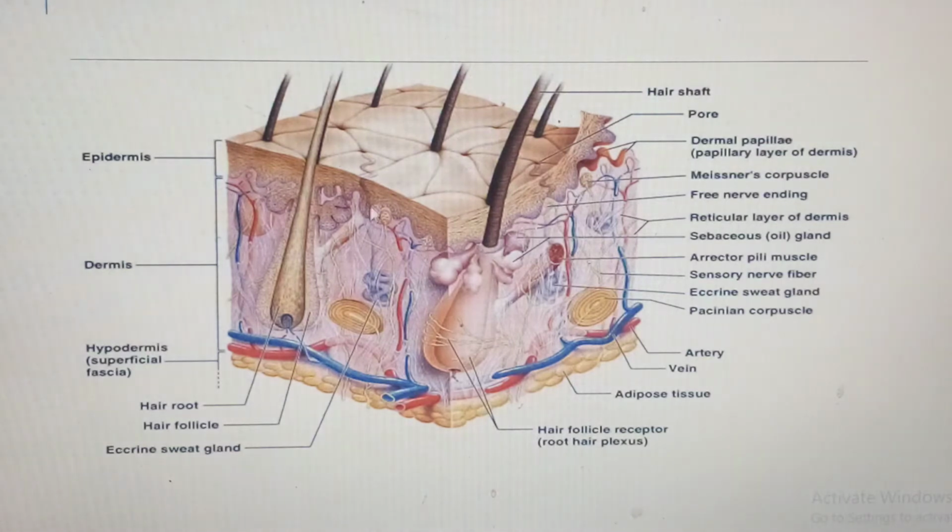Then apart from that, we will see the various cells that we find in the epidermis, mainly keratinocytes, some melanocytes, some Merkel cells, and of course, Langerhans cells will also be seen there. They will have various functions that they will play. Now, in the dermis, we said